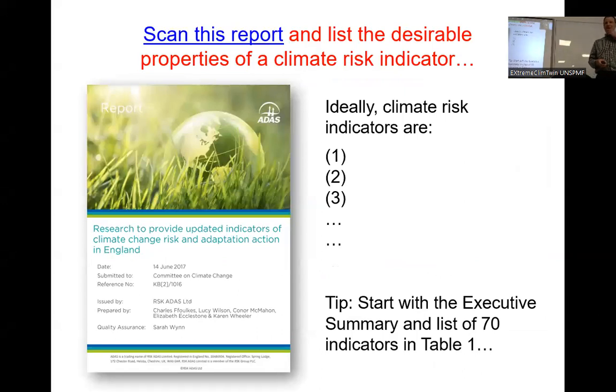So what I'd like you to do now is to spend just 5 minutes. If you've got the slides in front of you, you should be able to click on the blue hyperlink there to scan this report. You should be able to download the report, or you can obtain the report from the shared folder. And what I'd like you to do is to just look at this report, which is a summary of some of the research undertaken into the development of climate risk indicators in the UK. And I just want you to look at the first 5 or 6 pages, just quickly scan that report